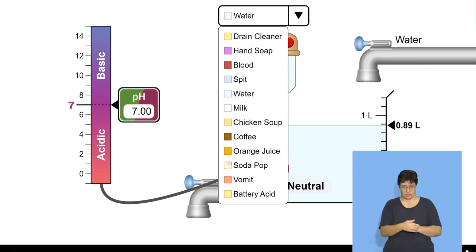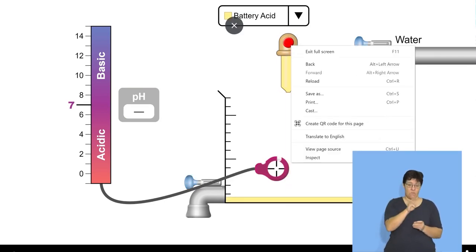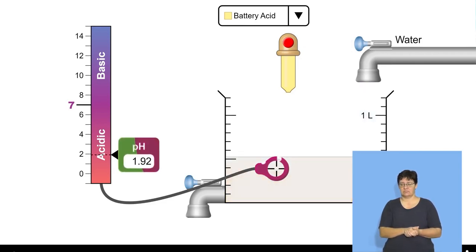And then we can take, for example, let's say, for argument's sake, battery acid, right? We can add some battery acid and water into that, okay? So that's the battery acid. As you can see, the pH value is 1.9. So this suggests that there's greater strength of acidity. So this is high acidity because this value is closer to 0, okay? And then we can talk of different substances altogether, which is still fine, right?